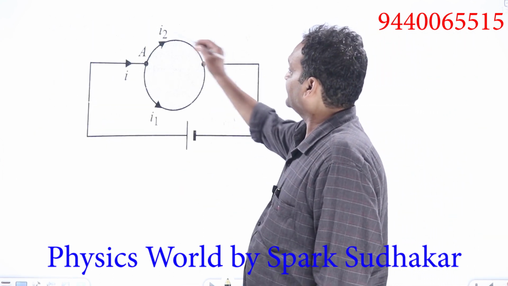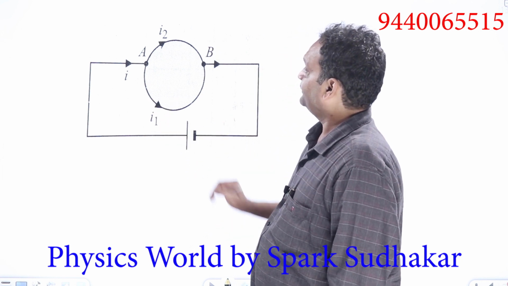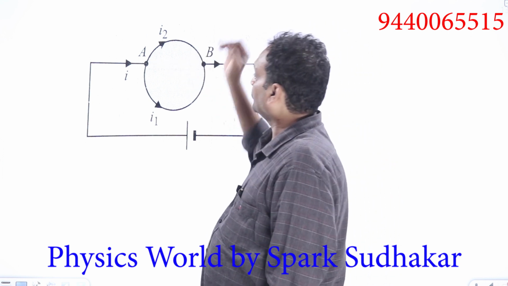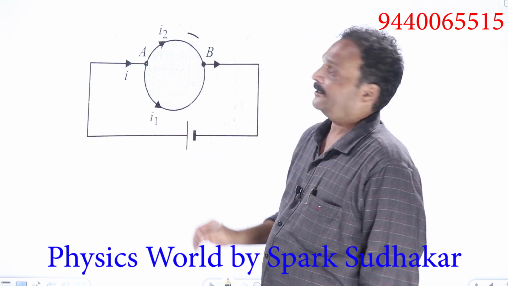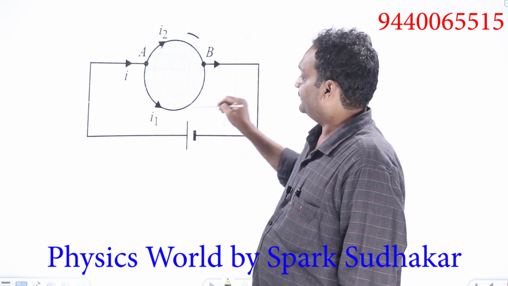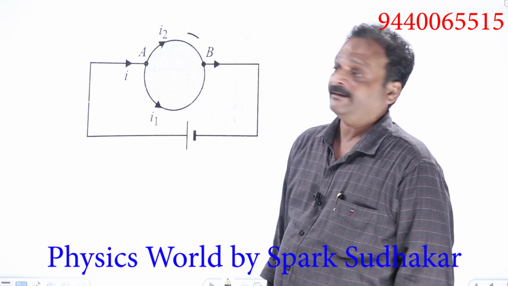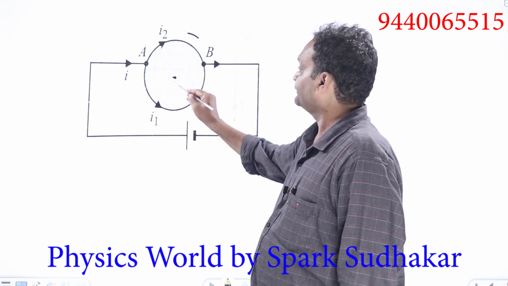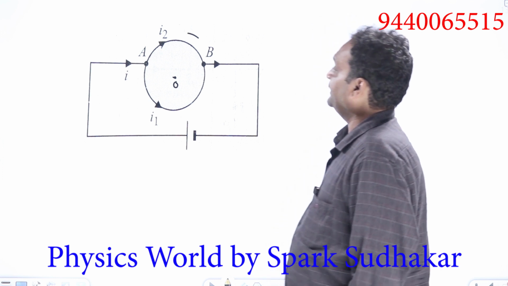There is a circular loop like this. I am sending some current I with the help of this battery. At point A, this wire is getting split up into two components, like this and like this. I1 current is flowing through this segment and I2 current is flowing through the other segment. What is the resultant magnetic field at the center point O? That is the question here. Now, how do we proceed?